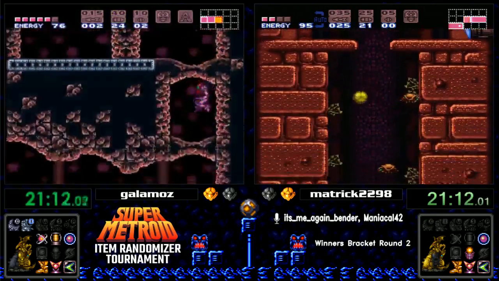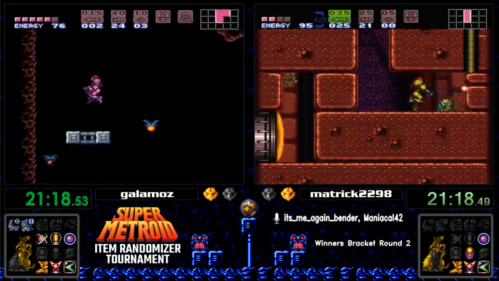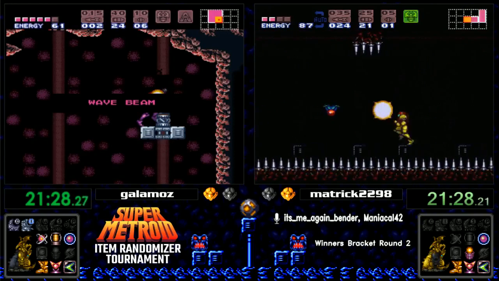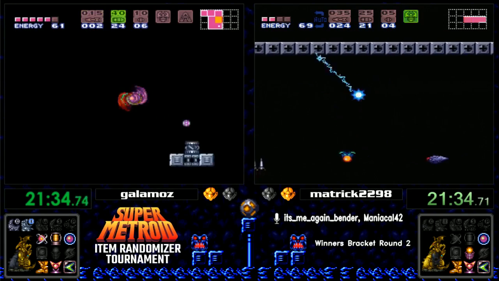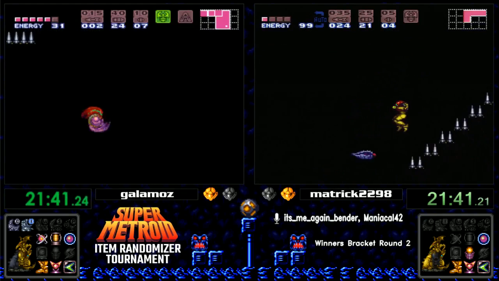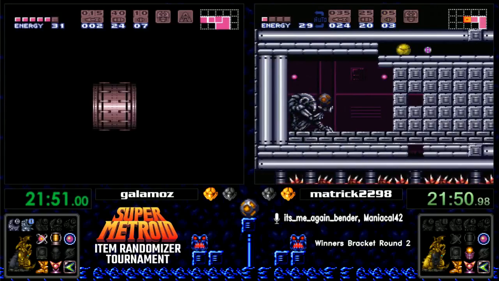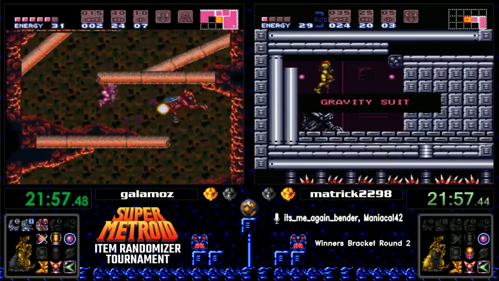It looks to be back, and I see Galamoz on his way in to check Fireflea to see if this might be something that helps him with Ridley. And Wave Beam at Fireflea. But we're getting a restart here. Yeah, so Galamoz is also getting a bit of a damage up for his beam. I wouldn't be surprised at this point if he also accidentally runs into Plasma Beam, given what the seed has